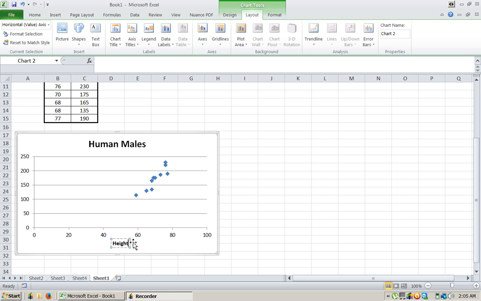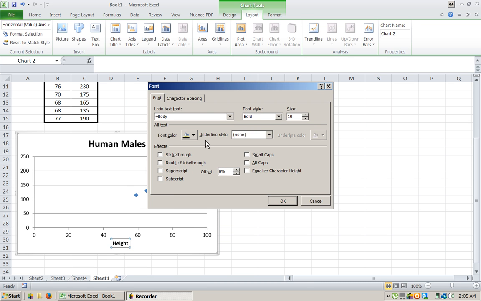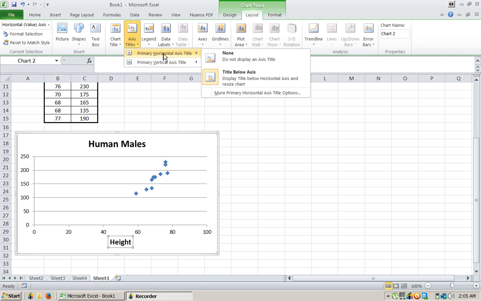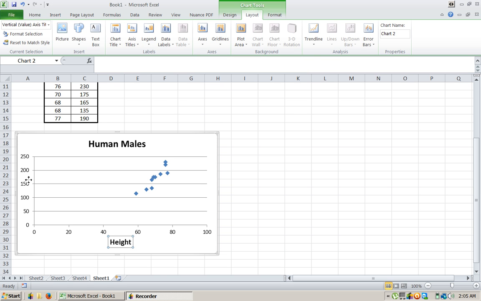And I also want this to be bigger. I'm going to right click that because I want my font to be bigger. I wonder if that will change the whole thing. Let's see. 14. Nope. Yep. Okay, good. And then axis titles, vertical, rotated, and that should be